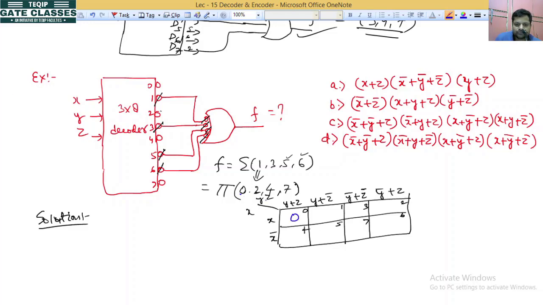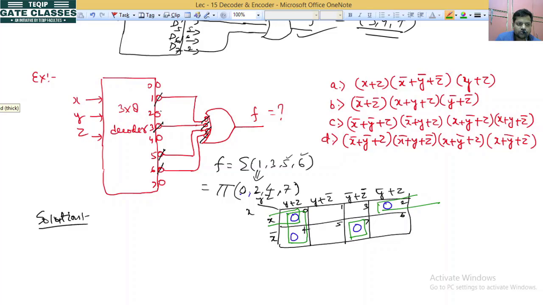So we put 0 on 0, because we are considering maxterms. On 2 it is 0, on 4 it is 0, on 7 it is 0. Now you are going to group all these zeros. So how many pairs are there? One pair for this one, and this can be grouped with this one. So it will be one more pair, and for this no grouping is possible, so it is a single term.